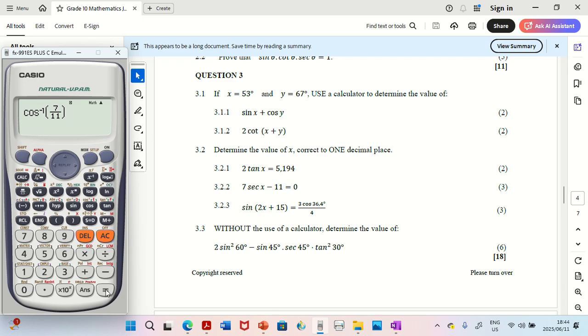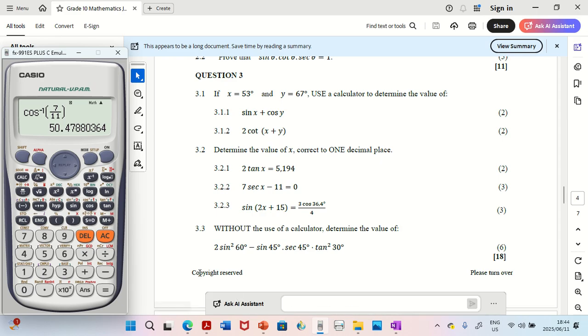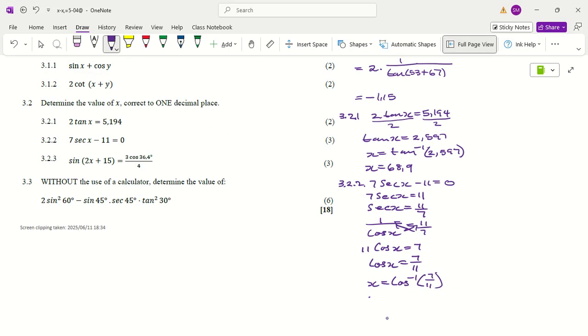And then let's just see the answer. The answer is 50,47, and then we're going to round up to x is equal to 50,5 degrees. So very simple there. And then we go to